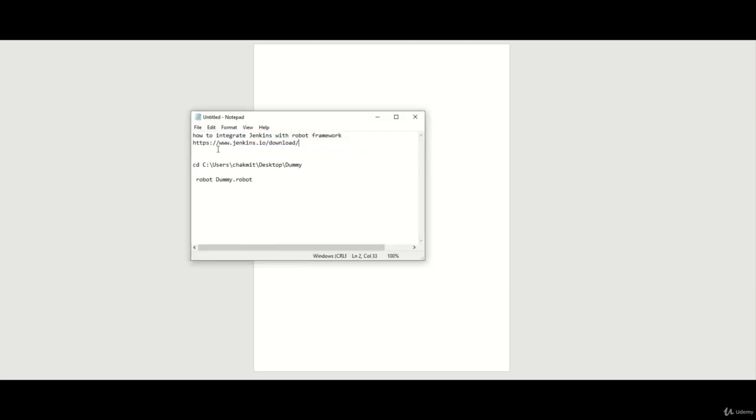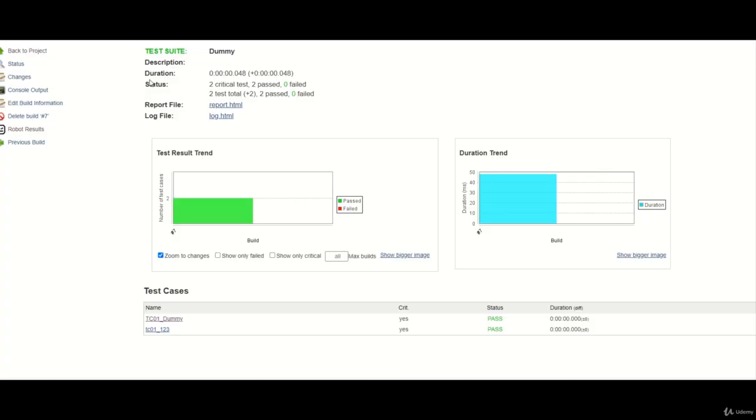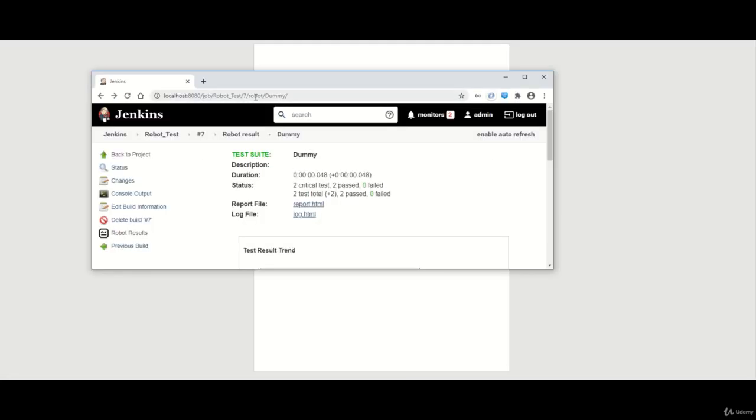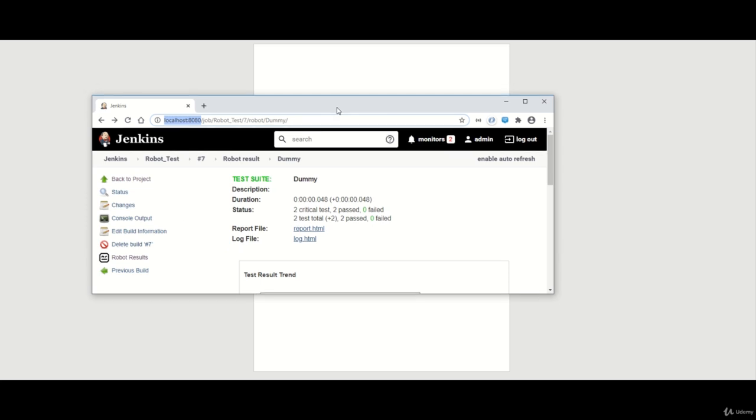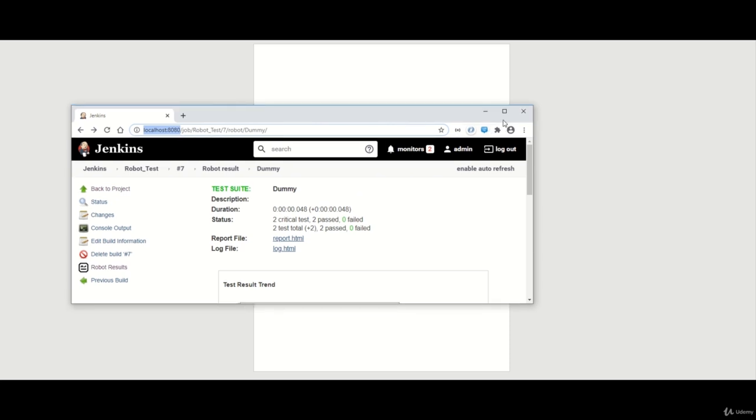So first of all, you need to install Jenkins. You can download it from www.jenkins.io/download. Once you have downloaded Jenkins, you can open it using this particular URL, localhost:8080, and then you need to provide your username, which will be like admin, and the corresponding password. Once you log into Jenkins, then